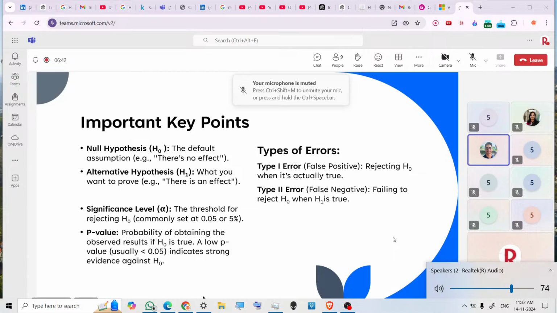So there are some other crucial things. Significance level. Significance level is nothing but